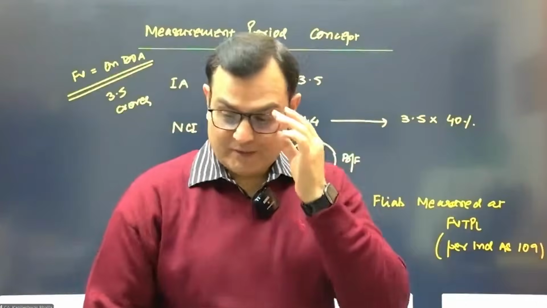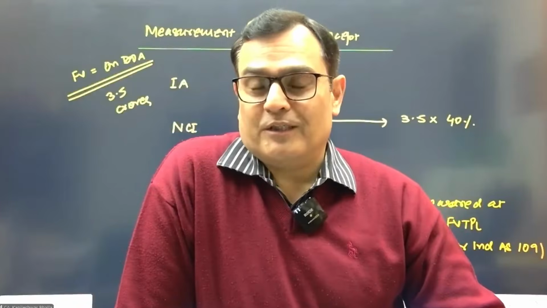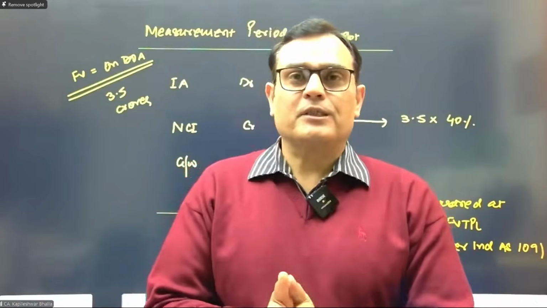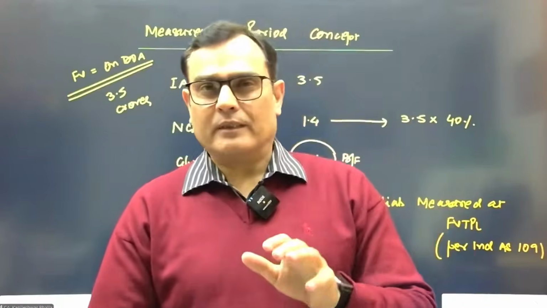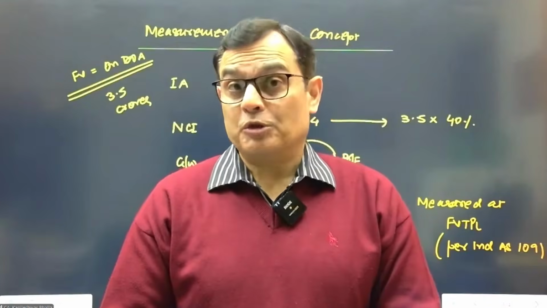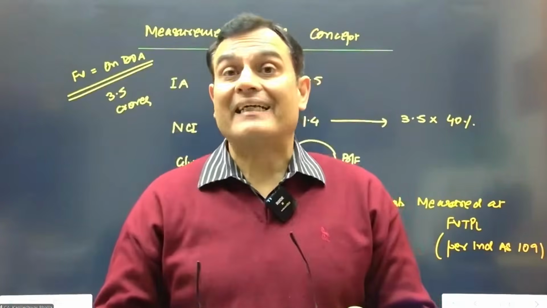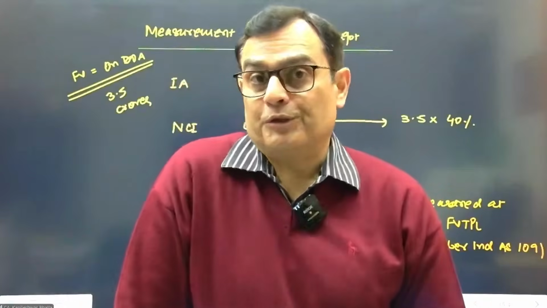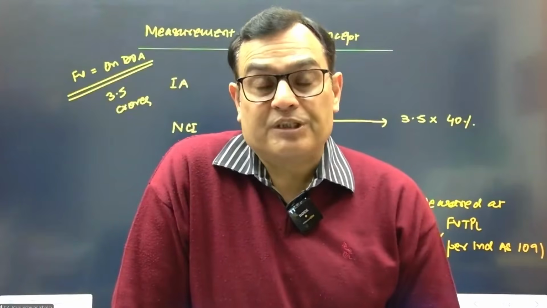I hope you had a relaxation of mind. So now we're going to start with a new standard on consolidation, that is 110. As we've already seen, 110 has a lot of aspects. One is the control assessment, but I'm not getting into that, because when you get a question in the exams on the concept of 110, you always get a larger practical question on it. So my focus is going to be on the practical illustration on the consolidated balance sheet as well as on the consolidated income statement.